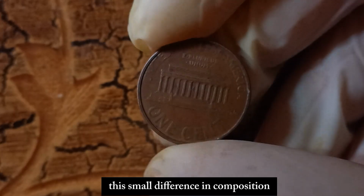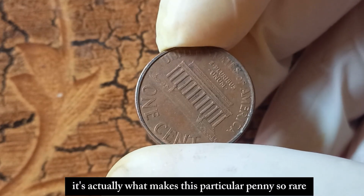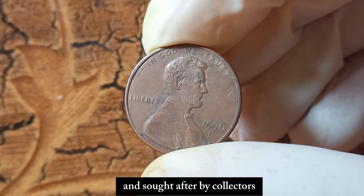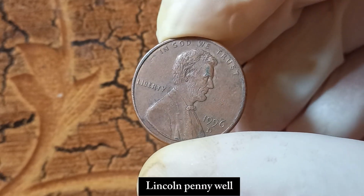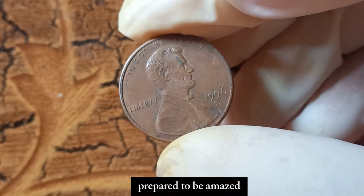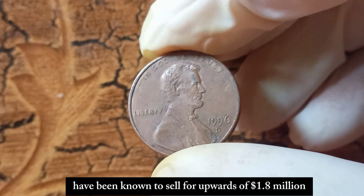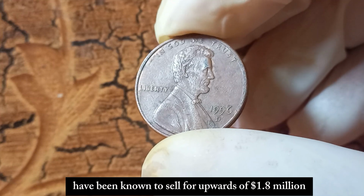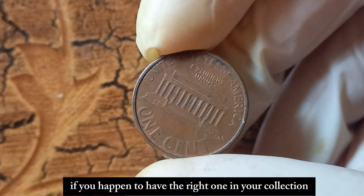This small difference in composition might not seem like a big deal, but it's actually what makes this particular penny so rare and sought after by collectors. So, just how valuable is the 1996 D Lincoln penny? Well, prepare to be amazed because some versions of this rare coin have been known to sell for upwards of $1.8 million. That's right, a simple penny could potentially be worth a fortune if you happen to have the right